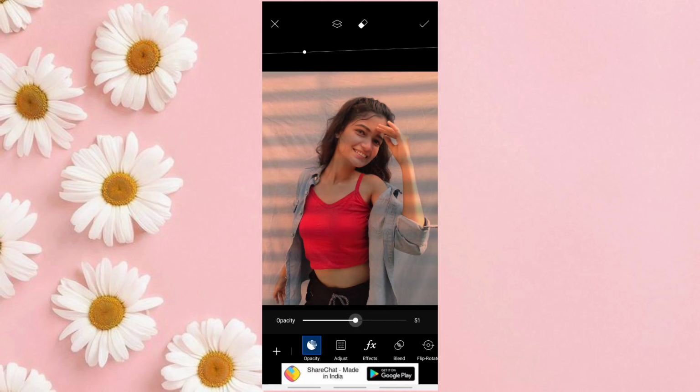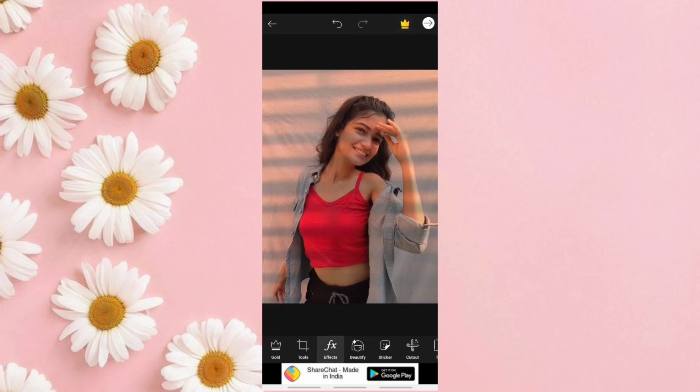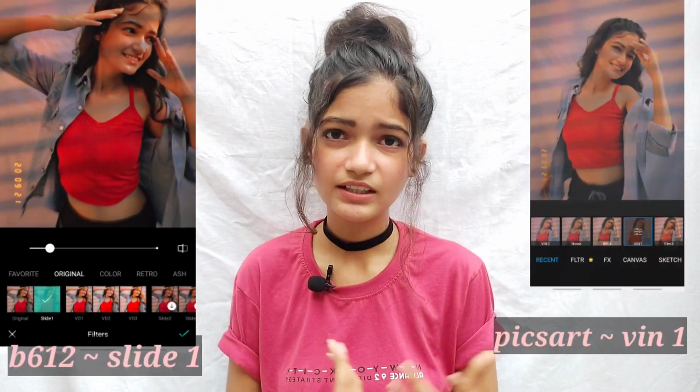Yes, and yeah, your pic is almost ready. You can apply any filter from here, or you can apply a filter from another app also. Yeah, this is how you can apply that golden hour shadow or that golden hour image on your picture. And for the filter, you can choose a filter of your choice and according to your clothes. For me, I think you need to use a yellow kind of filter to give a lighting effect.